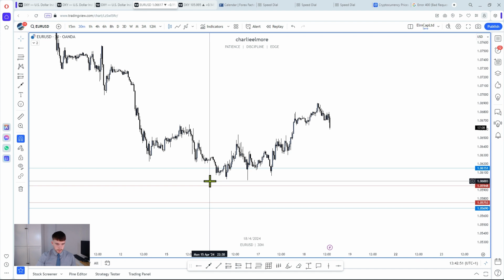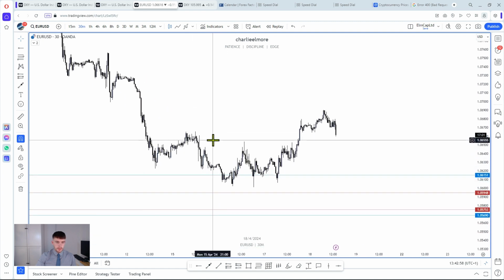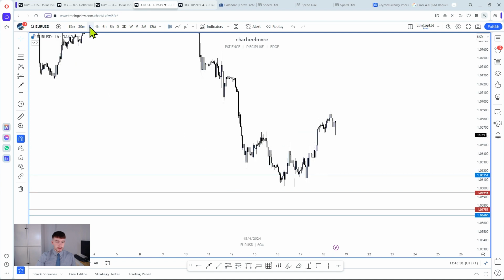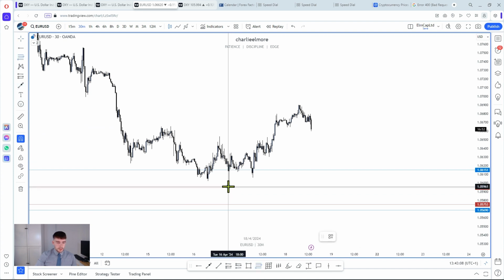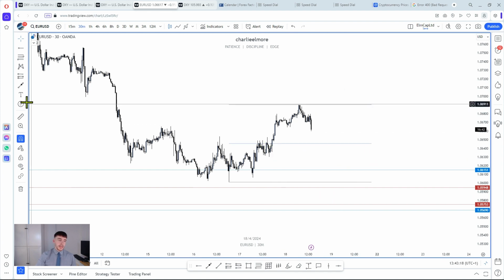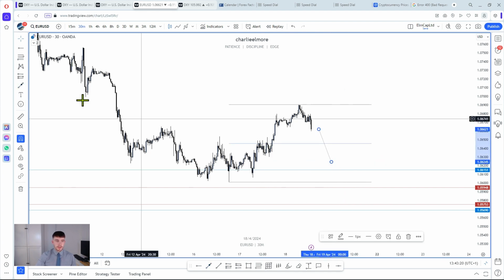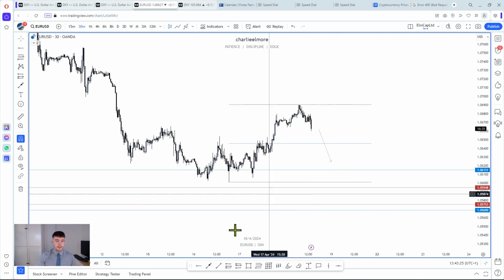Okay. So that was just a wick there, took out that low there. I mean, realistically, let's go to the 1 hour. Realistically, it could just be from the low to the high, to be honest with you. Sorry, put the magnet tool on, there you go. From the low to the high, it could just be a case of we might come in a discount within this, find our feet at something within here, and then